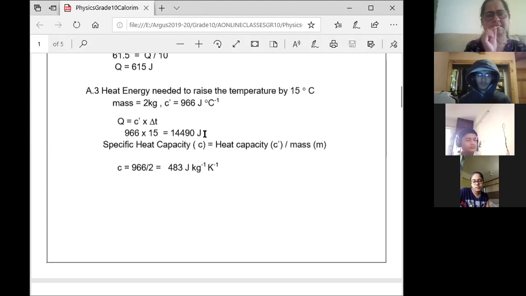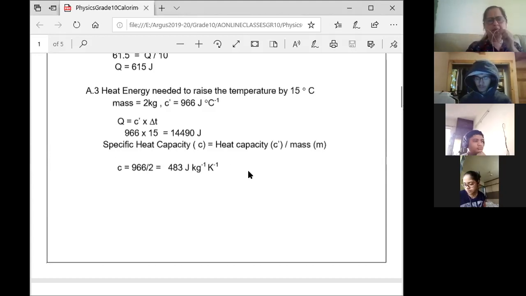C dash is 966 and the mass is 2 kg. So C equals 966 divided by 2, so 483 joule per kg per Kelvin. Okay, SI units, joule per kg per Kelvin. Ask me if anything is not followed over here. Anybody has any doubts? See, write the 3 equations and keep. Once you write the 3 equations, the formula for heat capacity, the formula for specific heat capacity, everything will